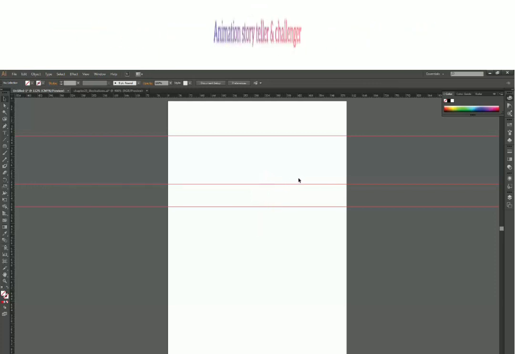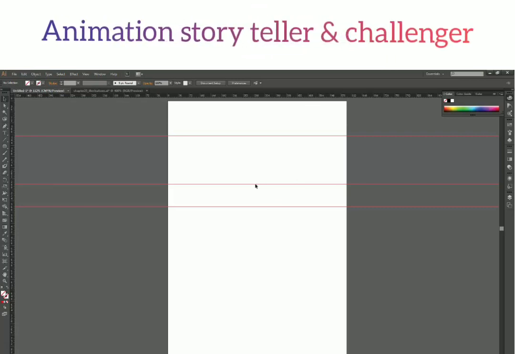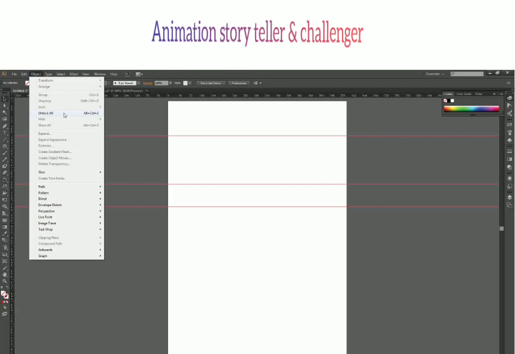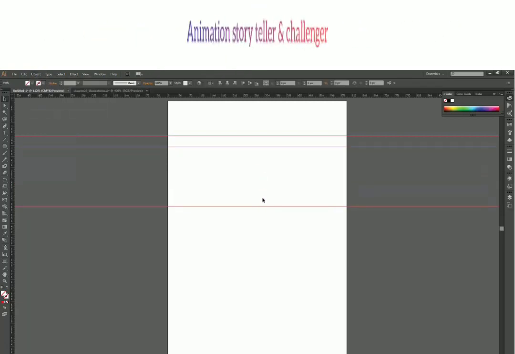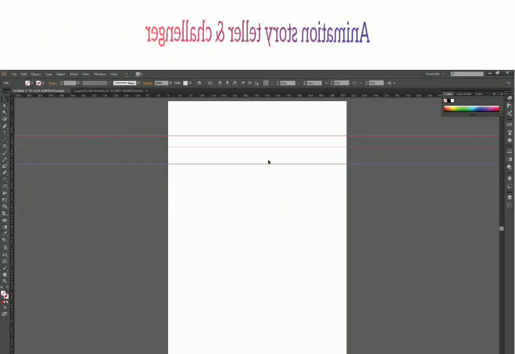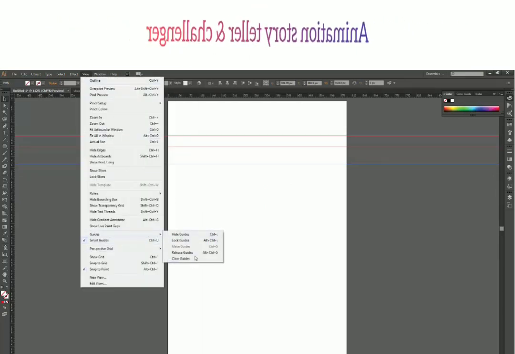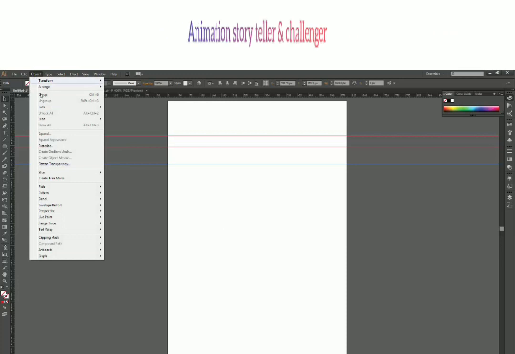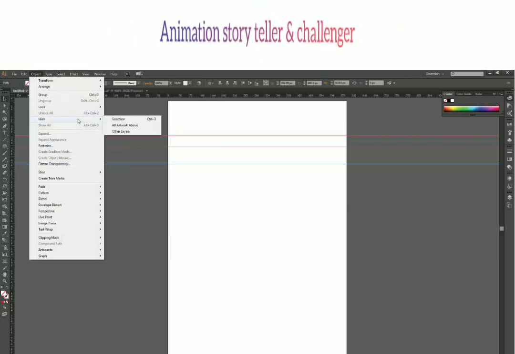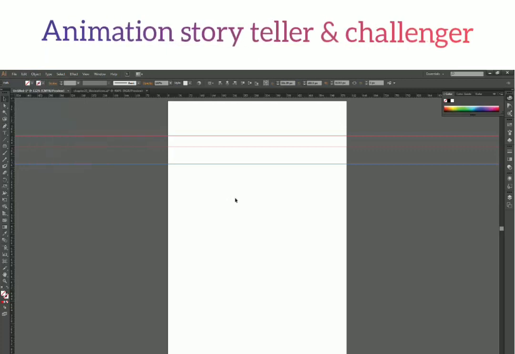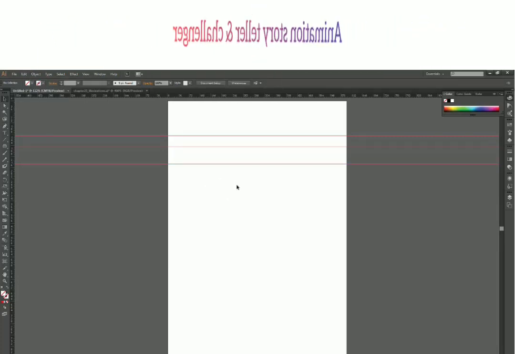So sometimes you might assume that this is a bug, but actually I have locked them intentionally. So here I have to go to Object, Unlock All, and then I have these guides unlocked again. So it is good to use these options only for the guides and these options for the objects, to make things much simpler and easier for you to understand and work with.